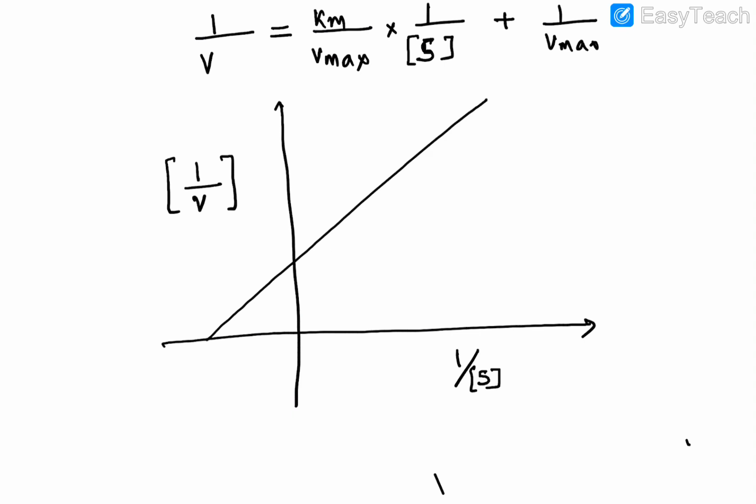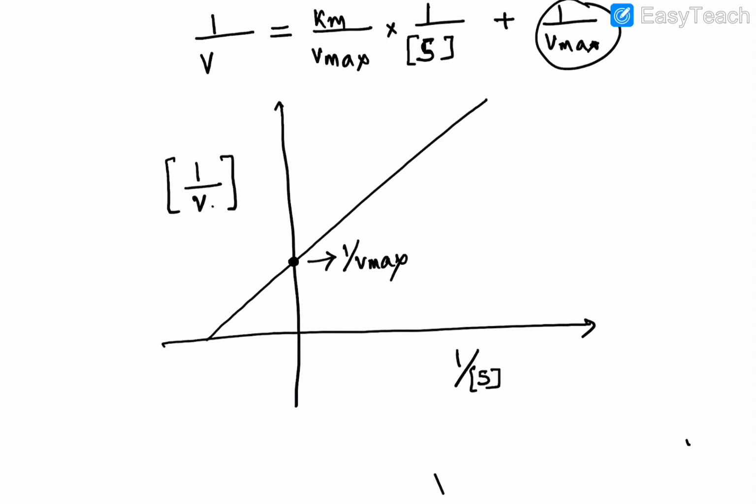Now 1 by Vmax is the point at which this straight line intercepts the y-axis. Now it is easy to understand. This is velocity and this is velocity. So Vmax will definitely lie on the y-axis. So the point at which this line intercepts the y-axis is 1 by Vmax,